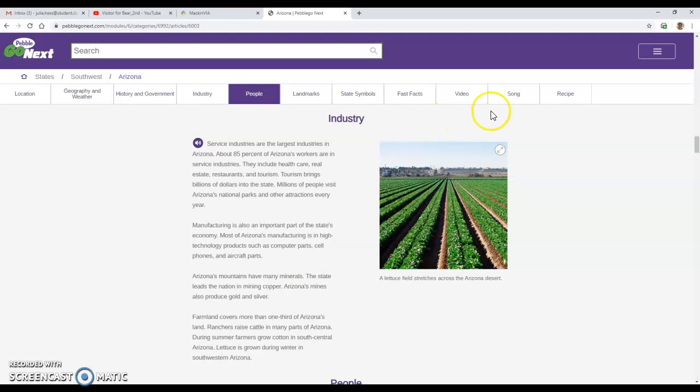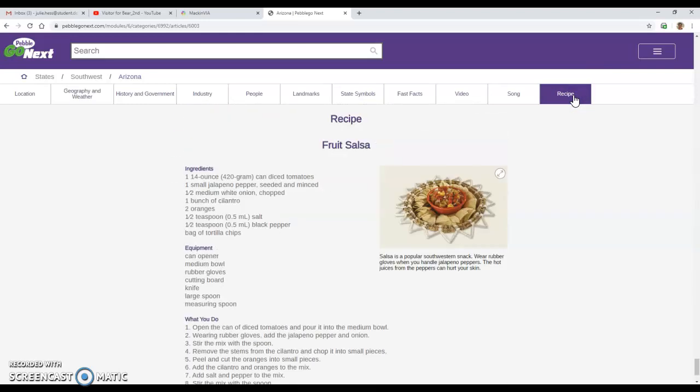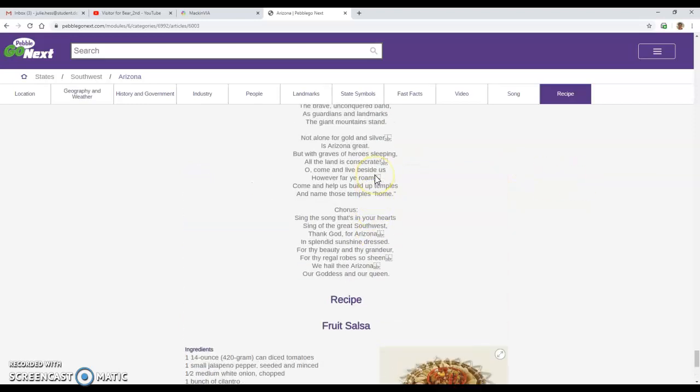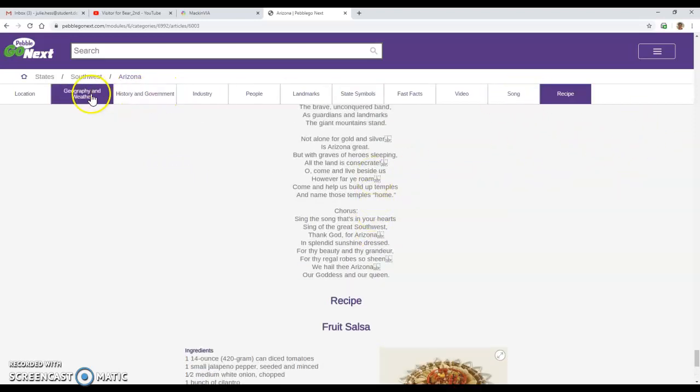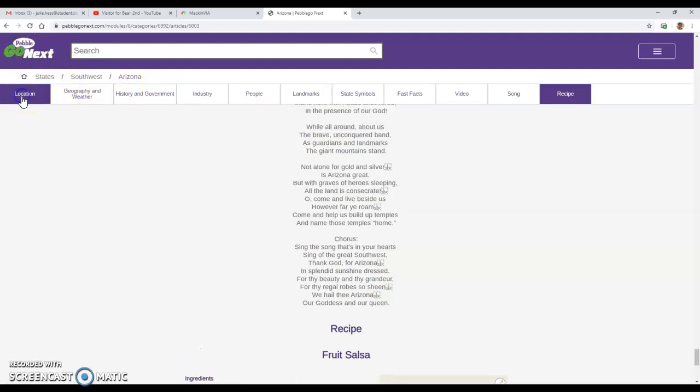Let's take a look at the recipe. I don't know about you guys, but I really am enjoying cooking these days because since we're trapped indoors, that's one thing that I'm able to do. Oh, and look at this, a recipe for fruit salsa. Yum! So maybe you can try out something like that too for when you're doing your research for snack time, right? Okay, so another thing that I wanted to show you, if I go back up top here to location,